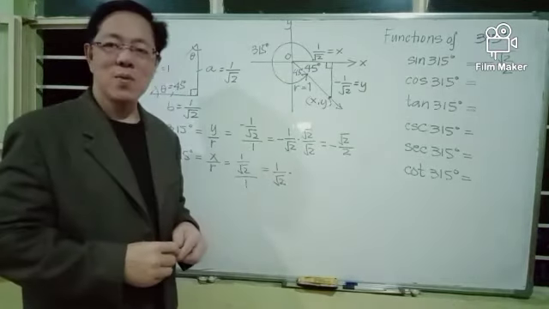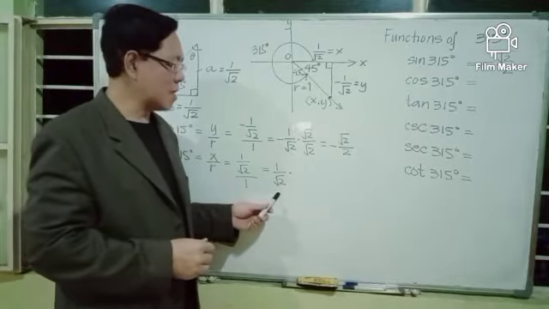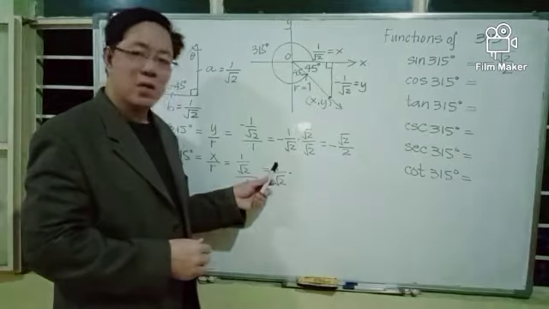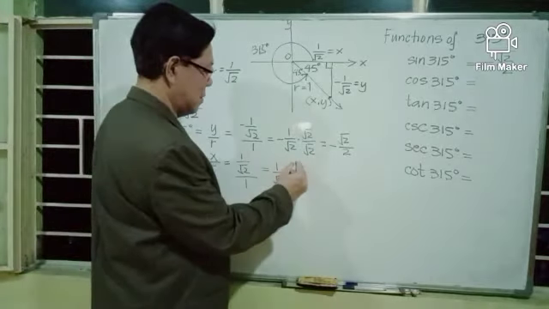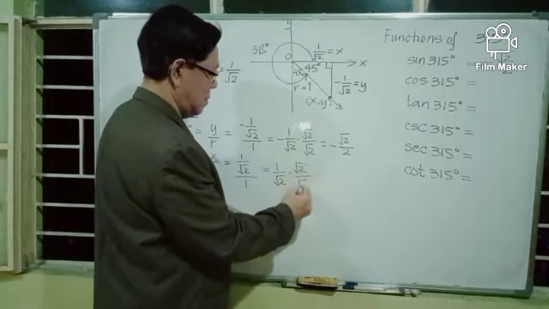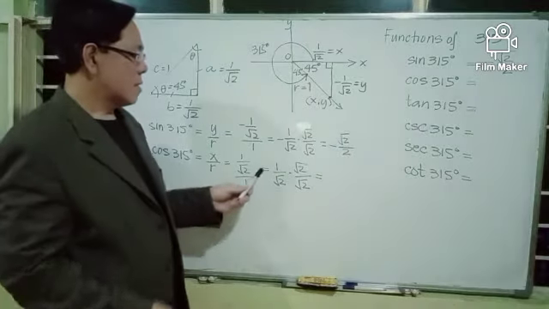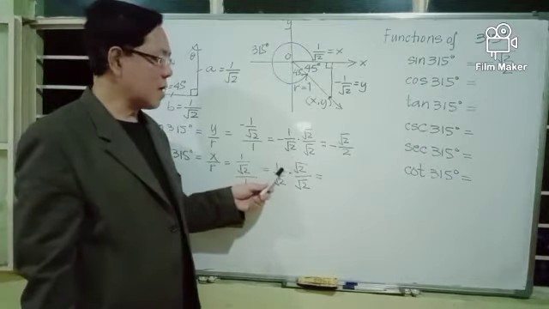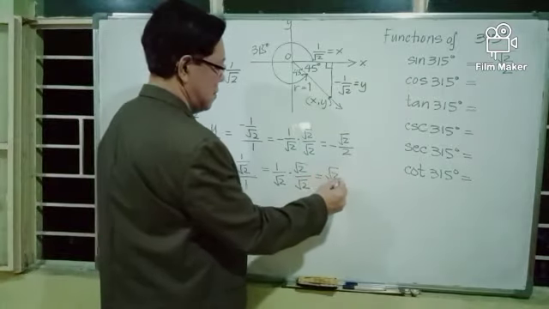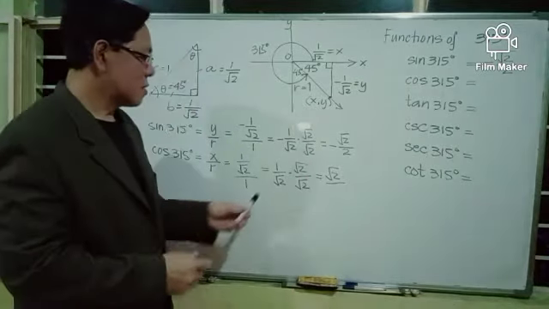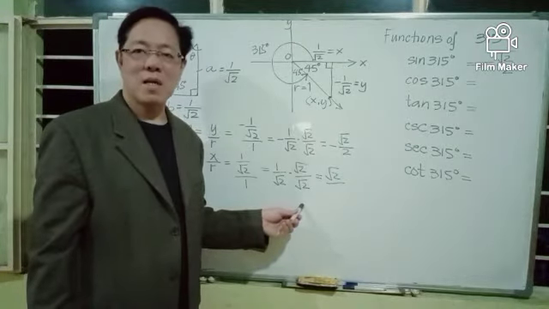Again, we want to remove the radical sign from the denominator. We rationalize the denominator by multiplying numerator and denominator by square root of 2. Multiply the numerator, 1 times square root of 2 is square root of 2. Divide by square root of 2 times square root of 2, as by property of radical is equal to